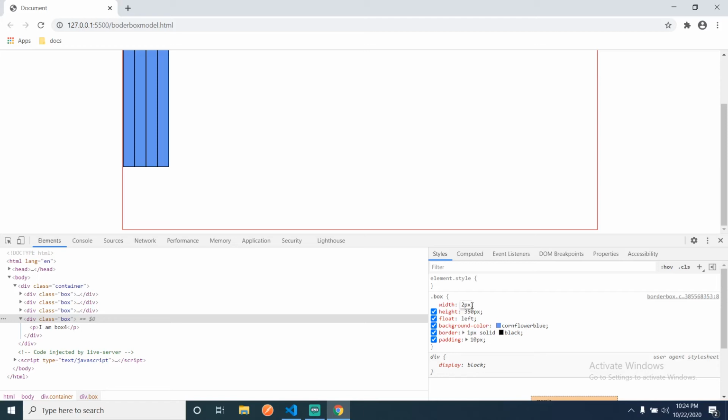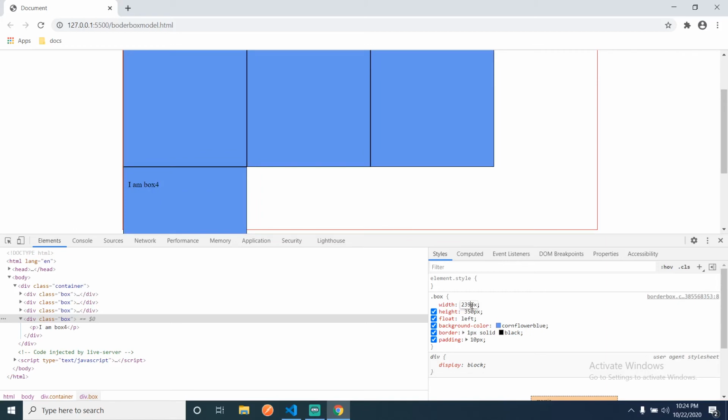So let's subtract 11. So if I make this one 239, then it will work.